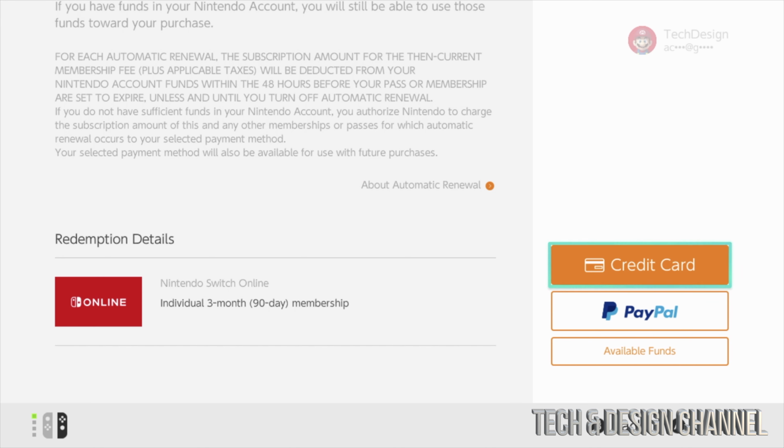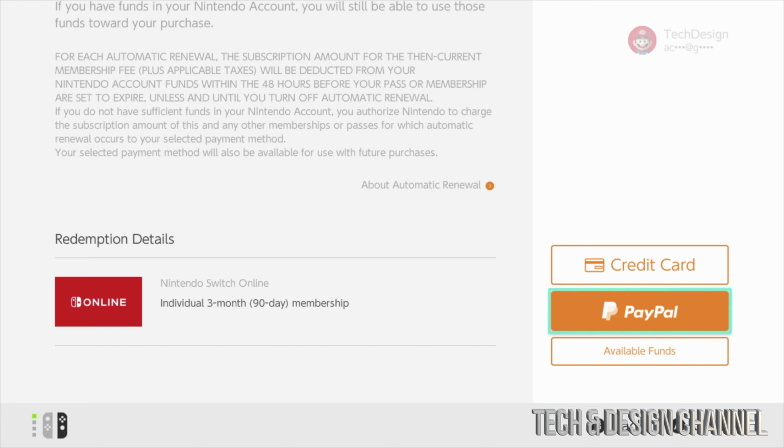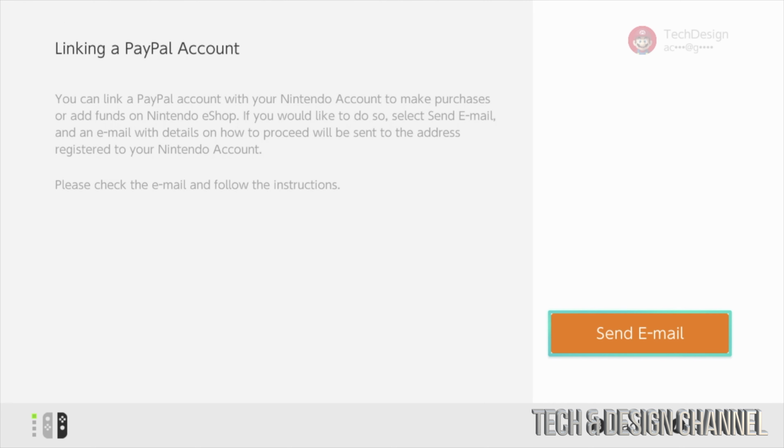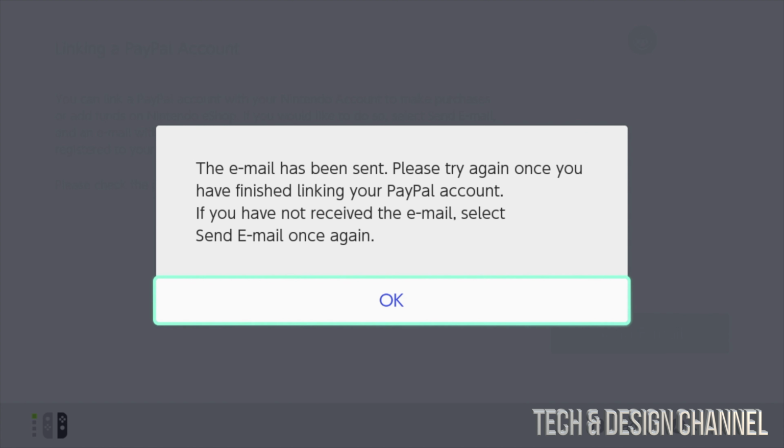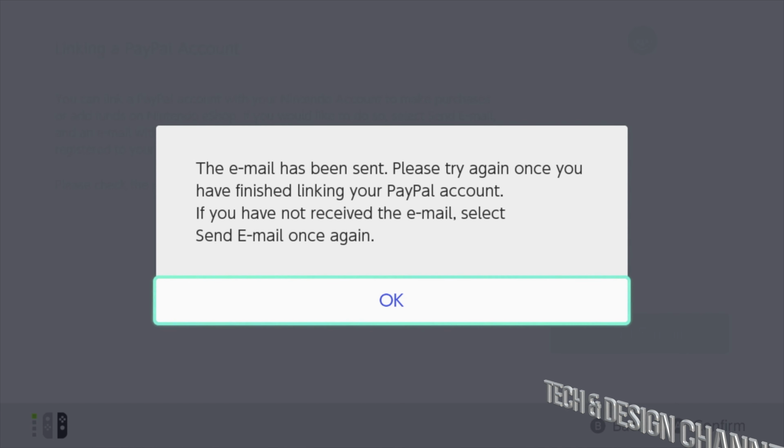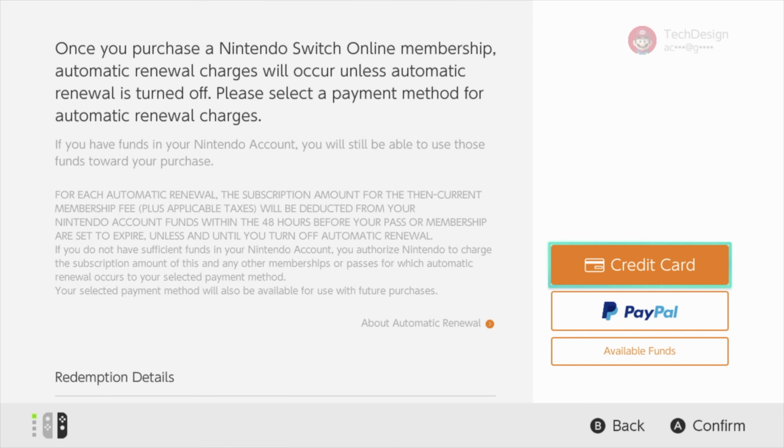At this point, the easiest thing for me to do is just go through PayPal. So I'm gonna select PayPal and I'm gonna select send email. So right now we should have an email in our computer or your tablet or your iPhone, whichever phone you guys have. Just check that email. We're just gonna press OK for now. And the next step we'll take up on our email, and through that, we're gonna sync up our PayPal right now with our Nintendo Switch. All right, so on our